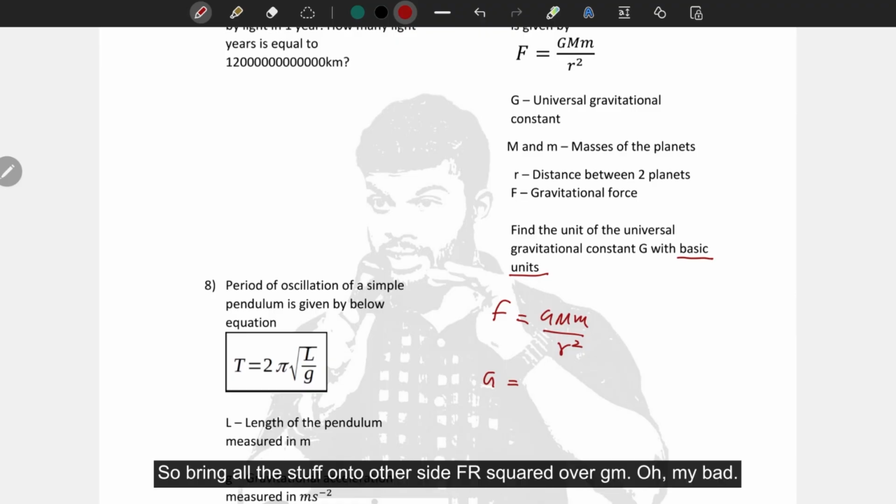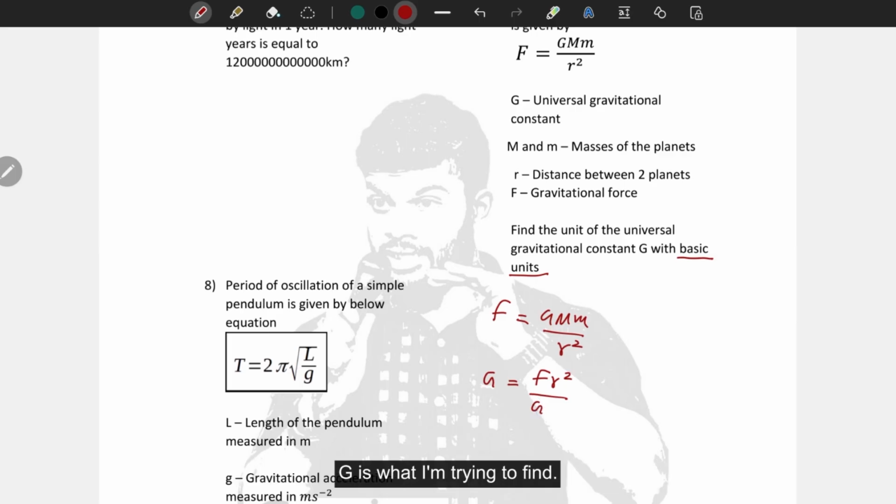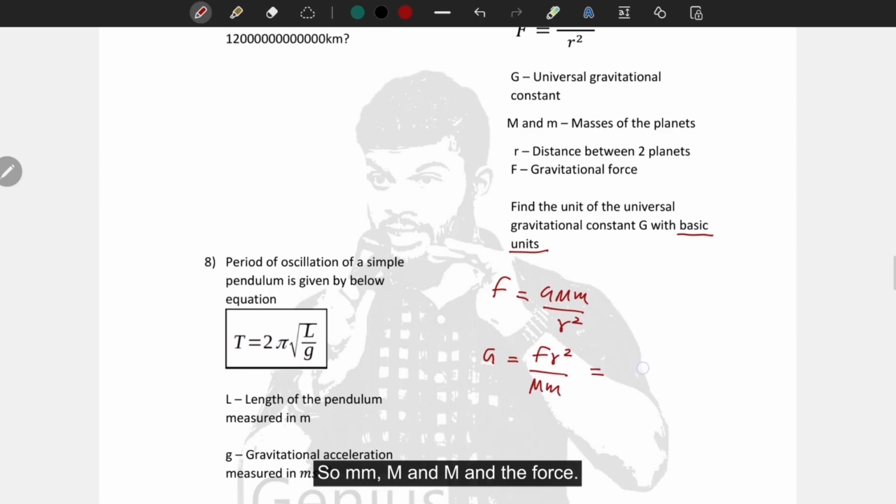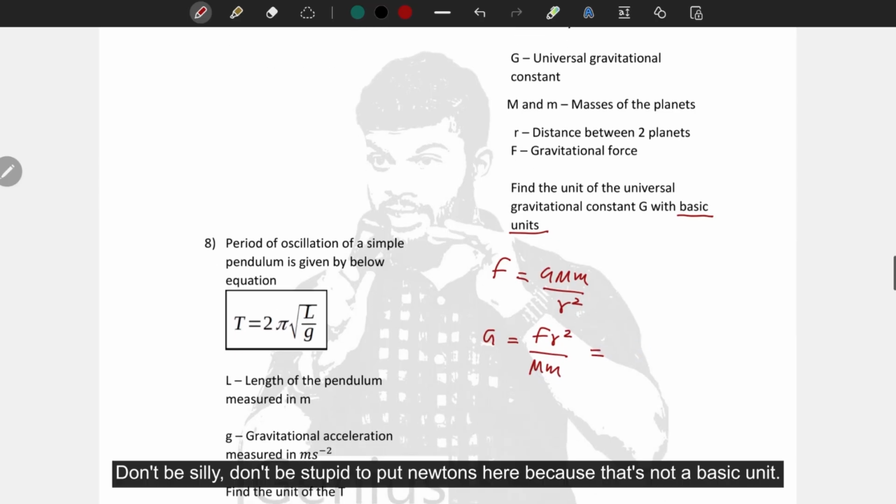Bring all the stuff onto the other side. G is F r squared over m m, oh my bad, G is what I'm trying to find. And for the force, don't be silly and put newtons here,